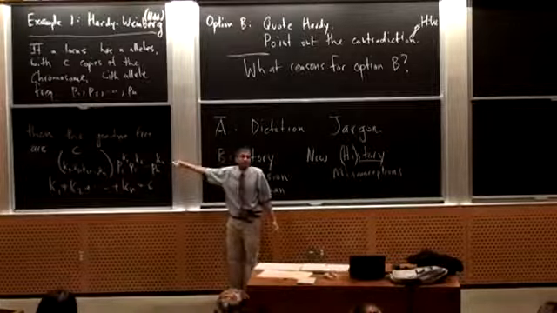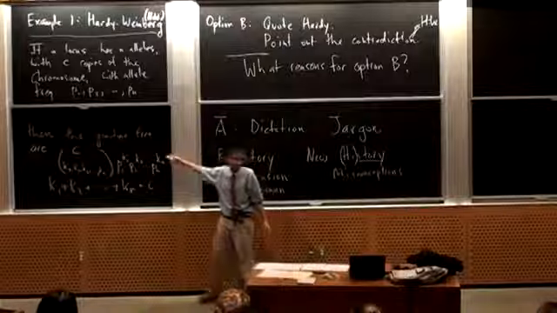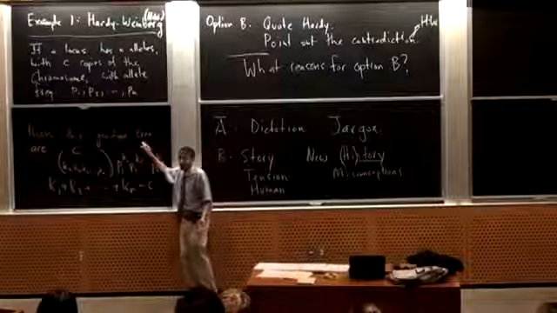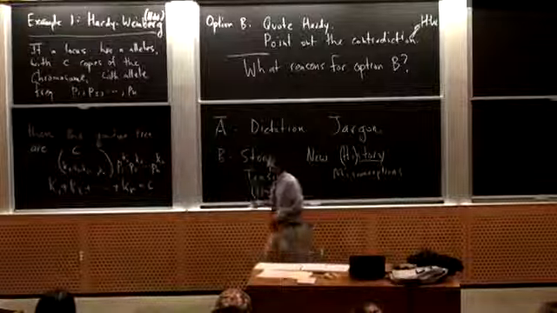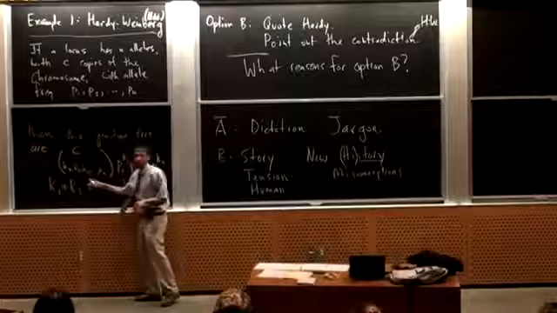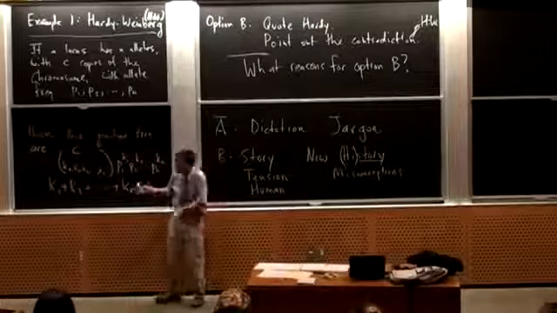You've flooded the chunking system. You've overflowed it, and they can't actually manipulate this as one object anymore because it's far too many chunks. Now, you, as a professional field, are like, well, of course, it's a multinomial coefficient. What else could it be, right? For you, that's one chunk.